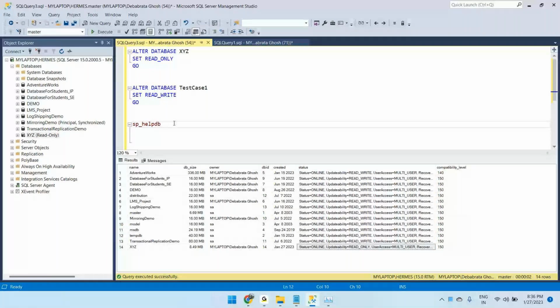So how can we bring the database back into read write mode? The statement is ALTER DATABASE name. My database name is XYZ. SET, instead of READ_ONLY, it would be READ_WRITE. So if I select the command and execute,